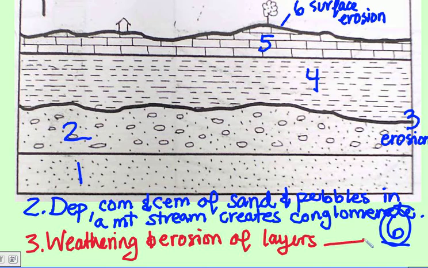And looking at the cross section here, number 3 comes in contact with both 2 and 4. But I know it can only erode layer 2 because 4 didn't exist when 3 came in, giving our numbers for relative time. So weathering and erosion of layer 2 creates,